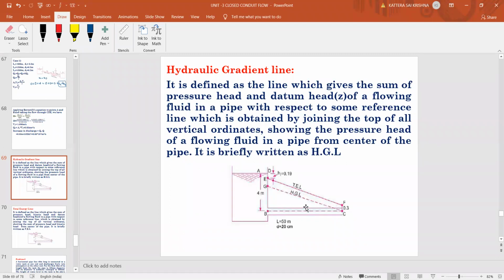Suppose if you see this is a pipe connected to a tank. So along the pipe, if you assume at this point, if you find the pressure head and datum head, and if you take the height value, that head value, what will get pressure head in meters. So if you mark here on graph or something, nothing but if you take it as y coordinates, so you'll get a line connecting through like this here, HGL you can see.